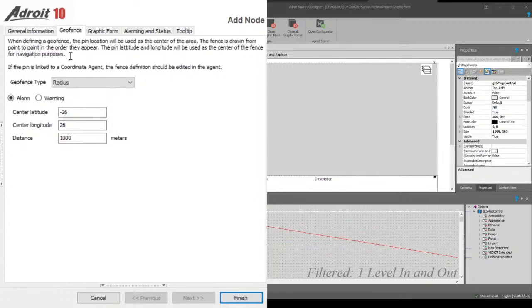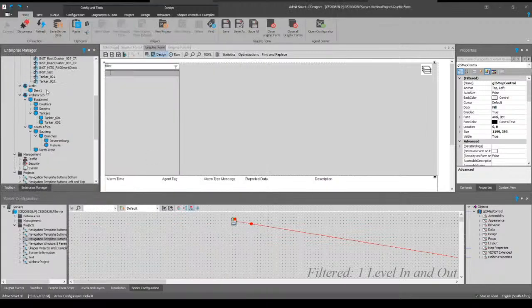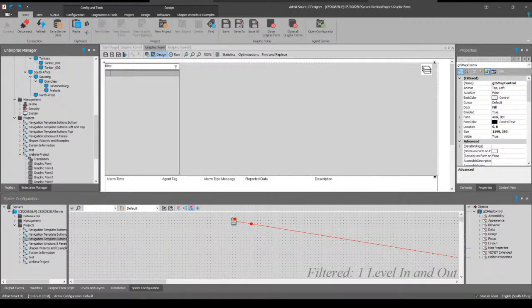And let me just see where the center is. So we'll set this up to be at 800 meters and 1,000 meters away from the center point respectively. Make sure that's written down. And then also in this case we want to see where our fence lies. So we tick the show alarm fence. This will only show the alarm fence, not the warning fence. Just for simplicity's sake, we decided to cut it there. Finish that, save it, and switch